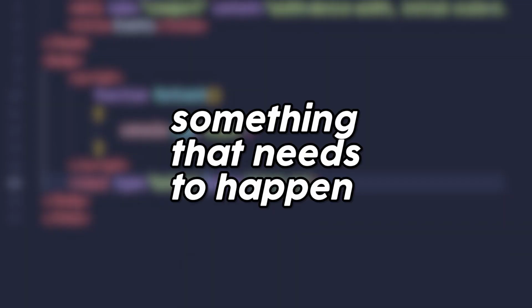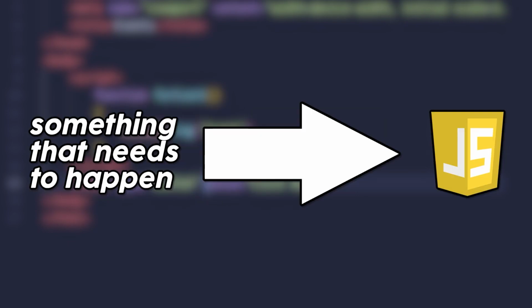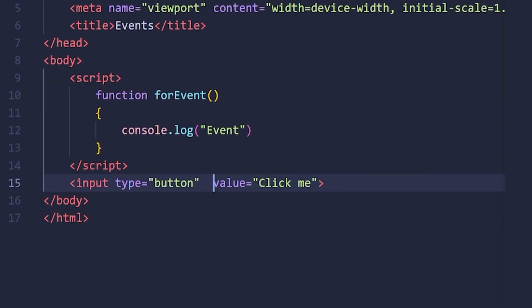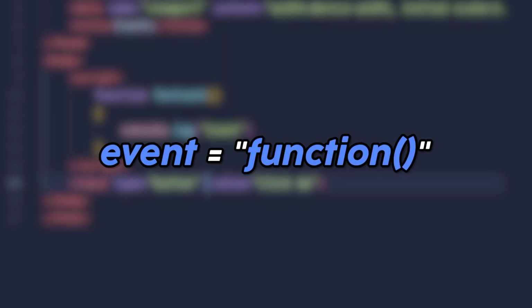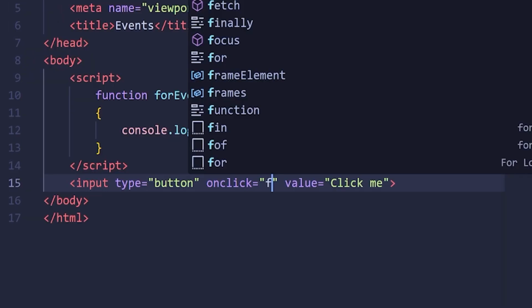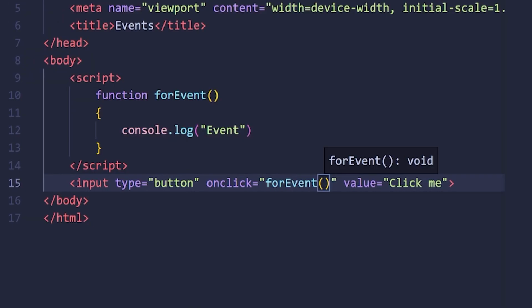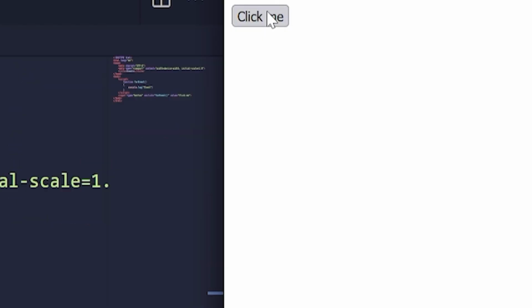An event is a specific activity that needs to happen in order to execute your JavaScript code. You will also need a function inside JavaScript code because the event will activate that function. You can set an event to any tag in HTML. You just need to add the event equals the function in quotation marks. The most common event is onClick, which means if you click an element with this event, it's going